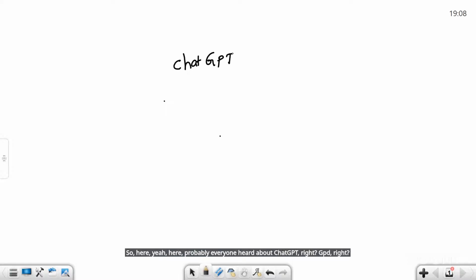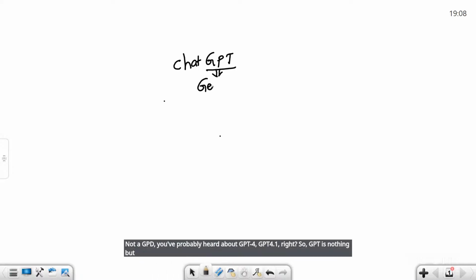So here, probably everyone has heard about ChatGPT, right? Yep. What does chat mean? Chatting, communication between two. What is GPT? You have probably heard about GPT-4, GPT-4.1, right? So GPT is nothing but generative